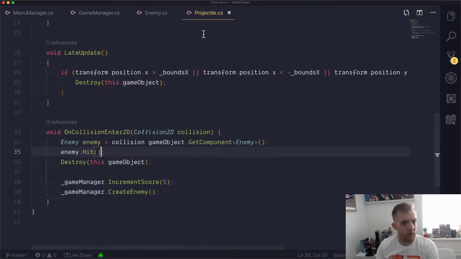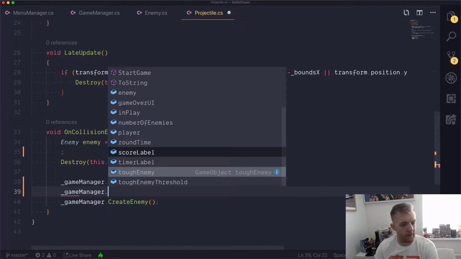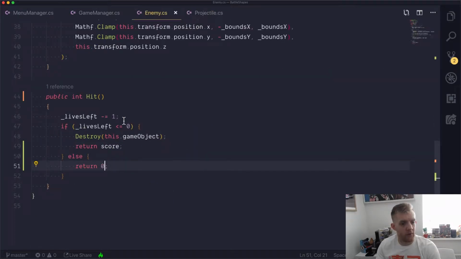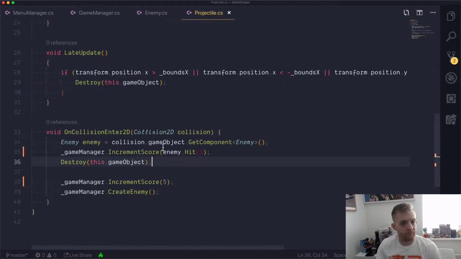And in our projectile now, we can increment the score again based on the return value from that. So actually we'll move that up to there, but we'll keep that up there. But yeah, so when we have a collision now, we are getting the component for the enemy, we are calling hit on the enemy, that's calculating how many lives they have left, whether that destroys the object or not. If it does, we're returning this score that's assigned to the enemy, otherwise 0, and then we're destroying the projectile, and then for every hit we are adding 5 points anyway, and so we're creating a new enemy there,